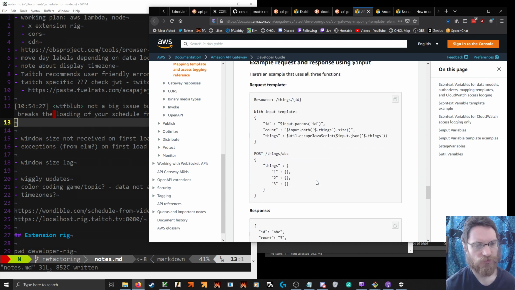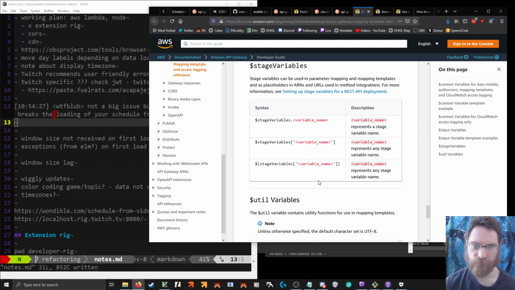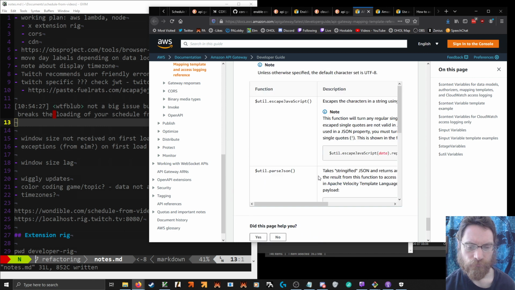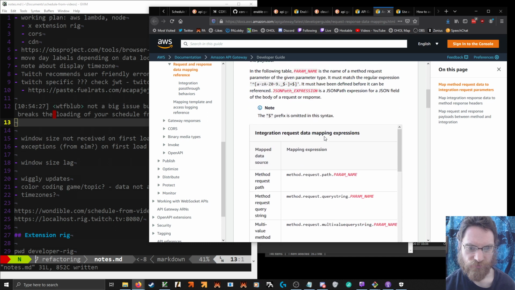Or maybe he was just doing it for origin, which doesn't return a body. Stage variables. Stage variable name, variable name, variable name. That's sort of it.